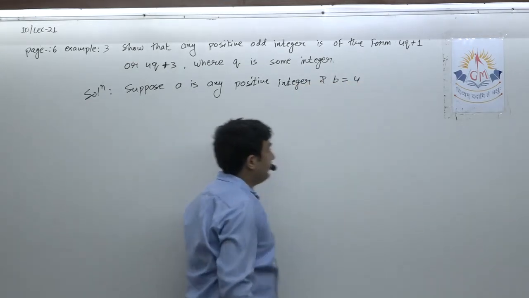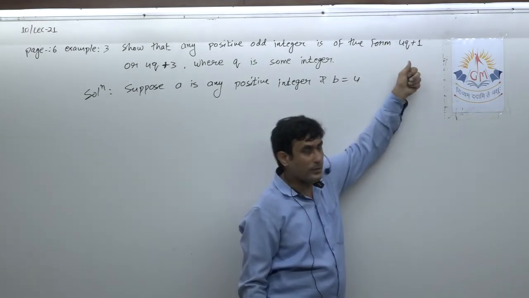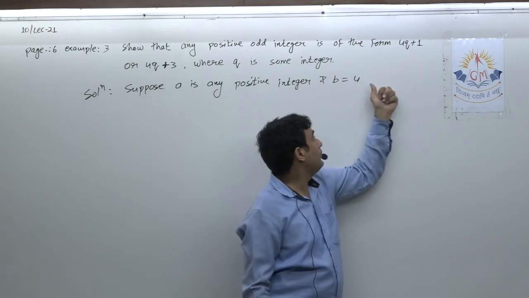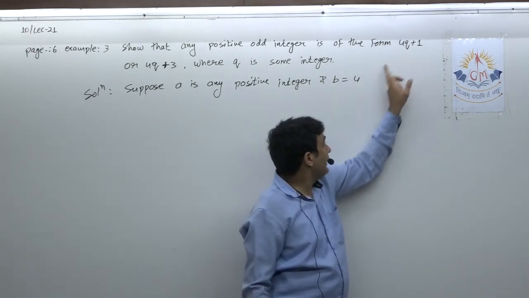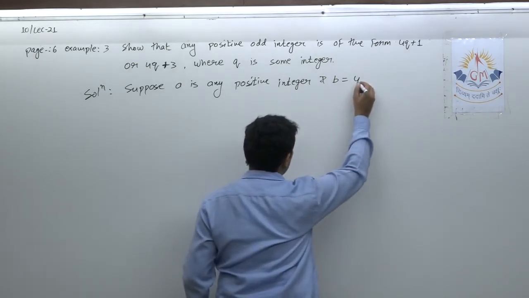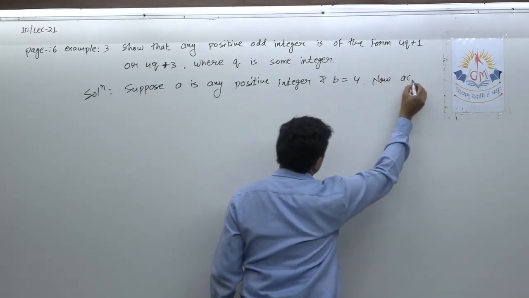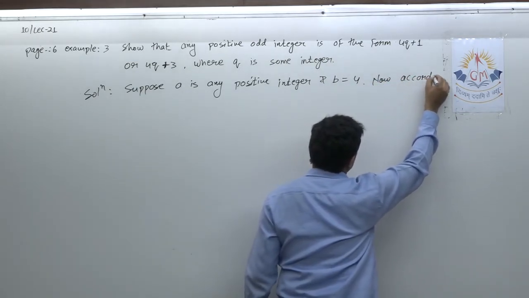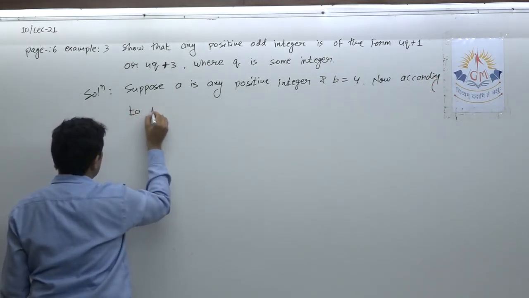Now, as I told you in the previous sum, over there it was 2q and 2q plus 1. So I wrote b equal to 2. Here it is 4q plus 1 or 4q plus 3. So this gives me a hint that the value of b should be 4. Okay, now according to Euclid's algorithm,